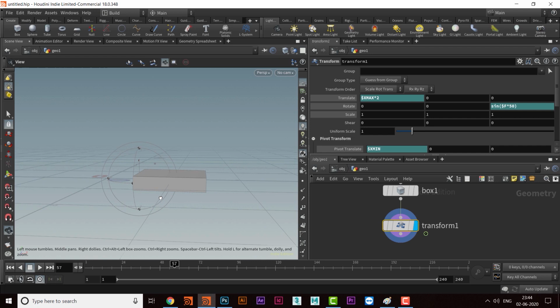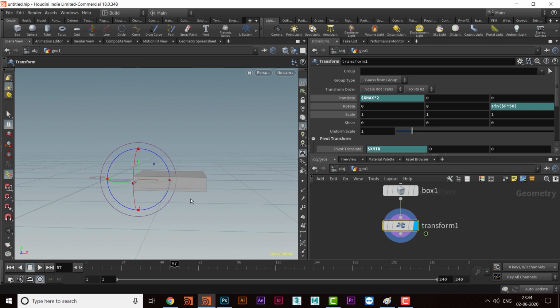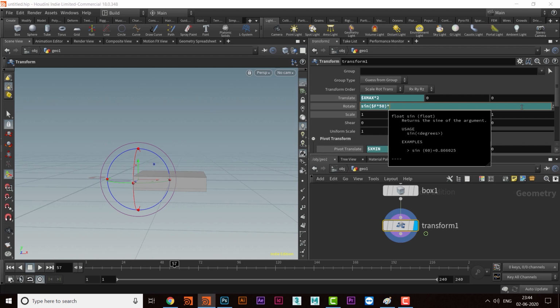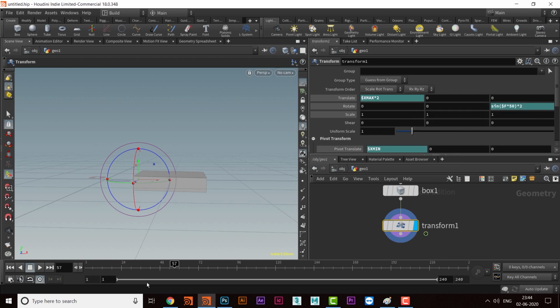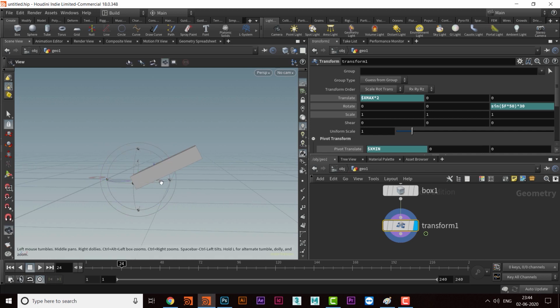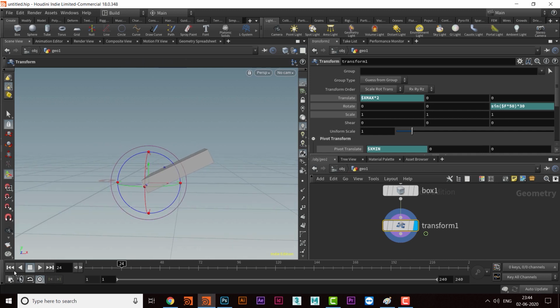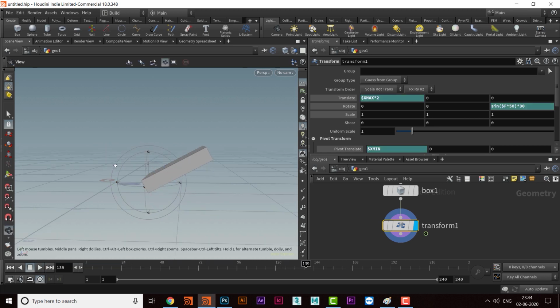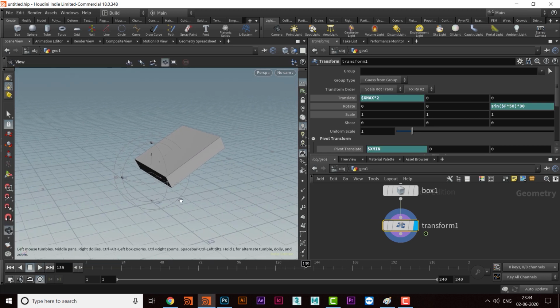But I want to increase the amplitude also. So I will multiply the whole value by 2. Not by 2, it could be 30. Now it's fine. Okay, so this is the first part.